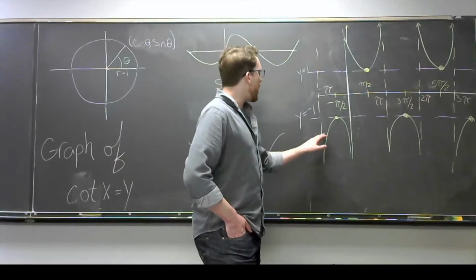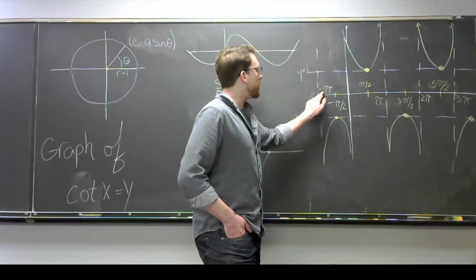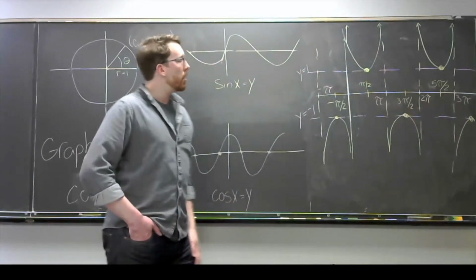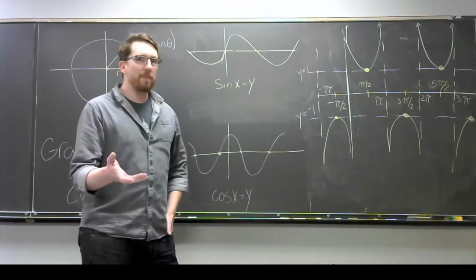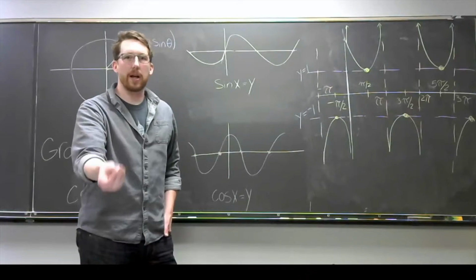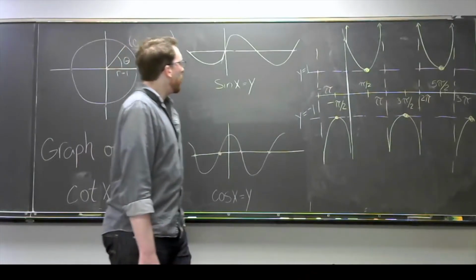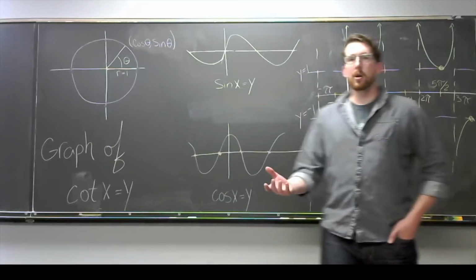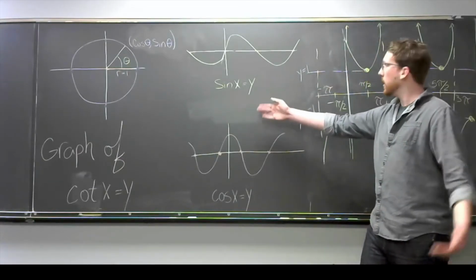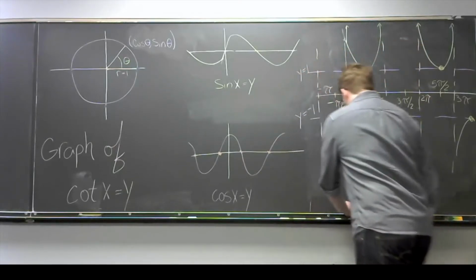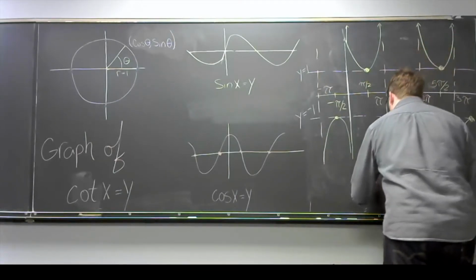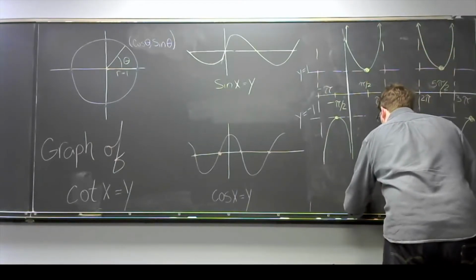So this must mean that in order for us to have asymptotes at -pi, pi, 2 pi, 3 pi, and so forth, our denominator must be 0 at those points. Well, there's only one of our trig functions that is 0 at multiples of pi, and that's sine. So because sine is 0 at multiples of pi, we know this is 1 over sine x,